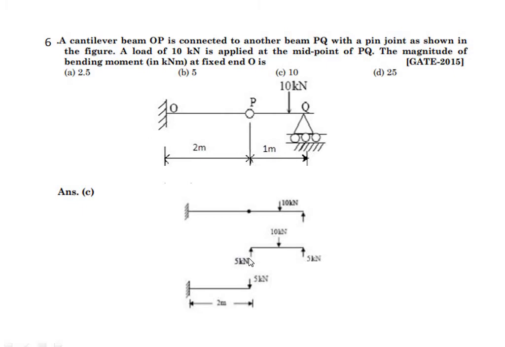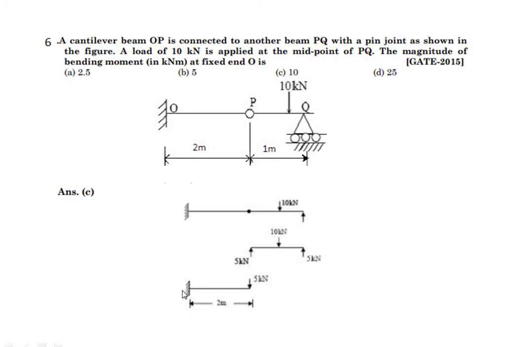So this is going to be the reaction. This reaction force, that is the force applied by this 10 kN coming to this hinge, will act as a loading for the next half of the beam. So for the next half, since this is a fixed support, you have to assume it to be a cantilever beam. So the 5 kN load downwards will be acting on this beam.